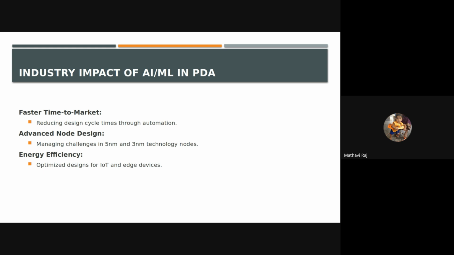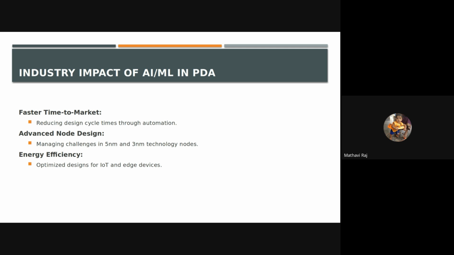Energy efficiency plays a crucial role in optimizing the chip, which is particularly important in the context of IoT devices and edge computing applications, where power consumption is a key concern. ML models can predict power consumption patterns early in the design cycle and suggest design optimizations to minimize power usage. For example,